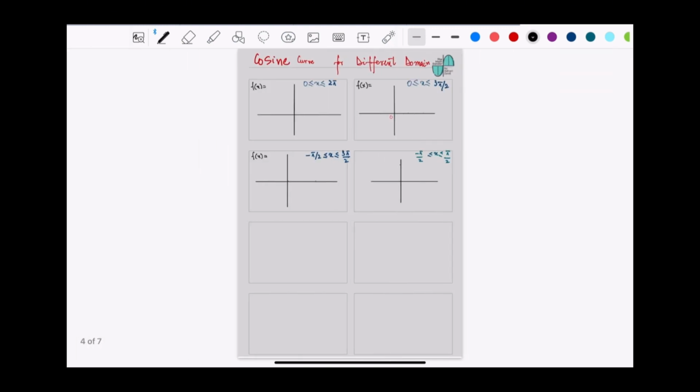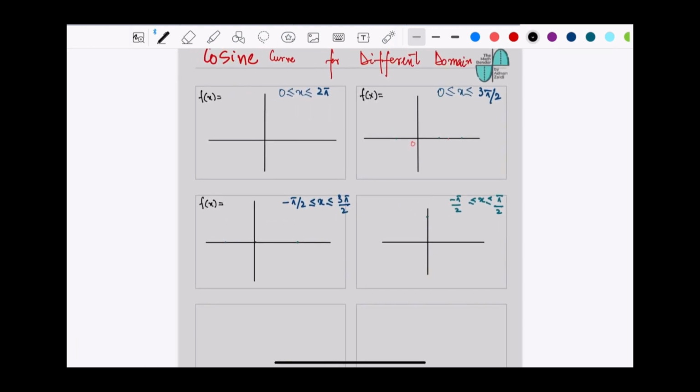So let's see some of the variations of it. If I have to draw the same cos of x for different domains, it will look like this. For 0 to 2 pi, it will be one complete wave, where this value is 2 pi, this value is pi, this value is 3 pi over 2, and this value is pi over 2, and that is 0. The domain is 0 to 2 pi. For this, the range will be